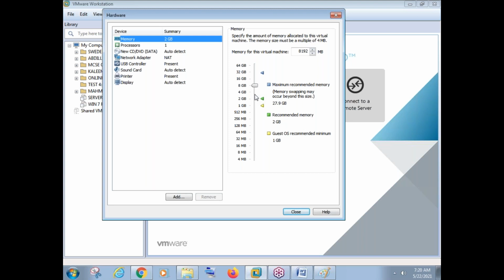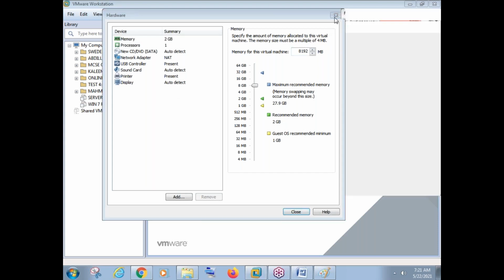Because in my hardware I have sufficient. But suppose imagine in my physical machine I have totally only 8 GB RAM. Can I go with 8 GB for this virtual machine? Not possible, right? Because out of 8 GB the physical machine will use something, then Windows Server will use something, then Windows client will use something. So I cannot go with the full 8 GB. But in this scenario, I have totally 32 GB RAM, so I can easily go with this 8 GB RAM. Okay, so I have selected 8 GB here.